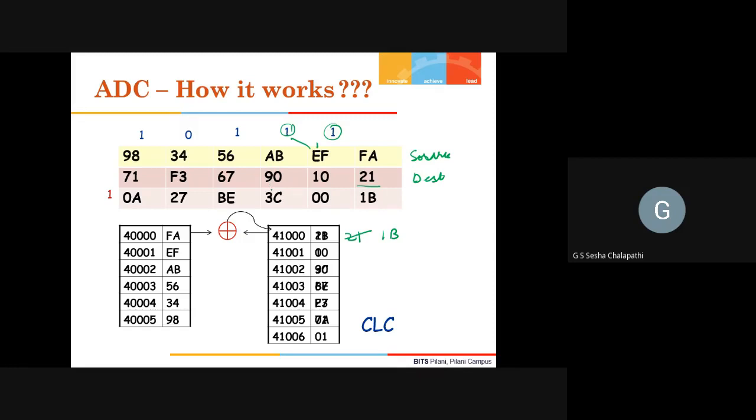So 3 plus 1. 1 plus 6 plus 7 is what? 14. 14 in hexadecimal is E. 5 plus 6 is what? 11. 11 in hexadecimal is B. There's no carry out here. 4 plus 3 is 7. F plus 3 is what? 12H. 8 plus 1, 9. 9 plus 1, A. 9 plus 7 is how much? 16. 16 in hexadecimal is 10. So you have a carry out here.